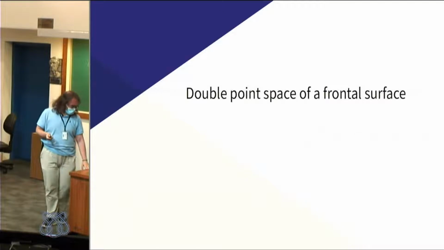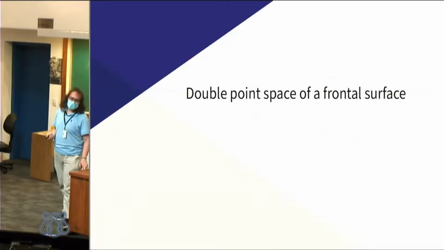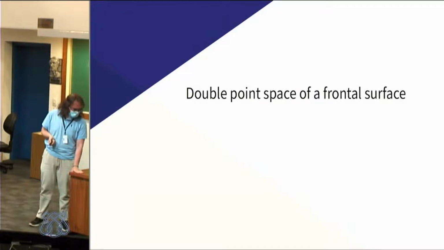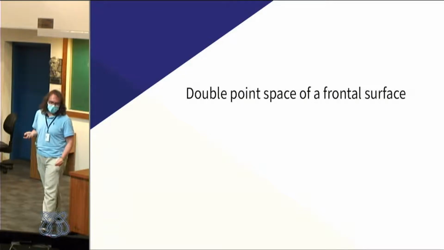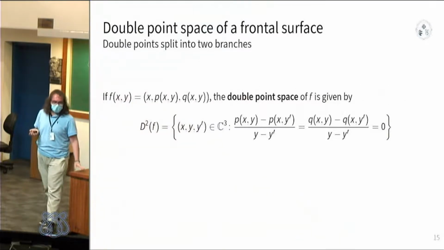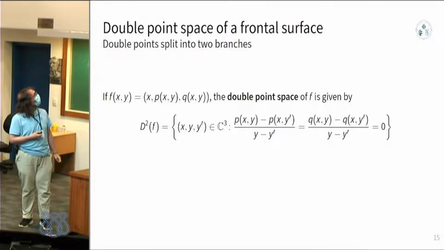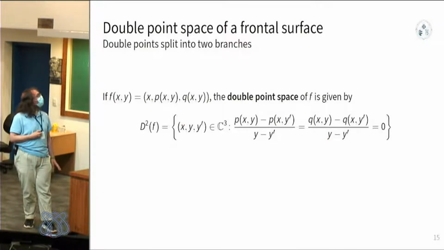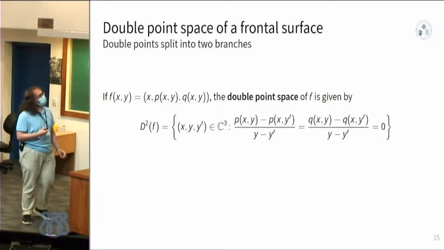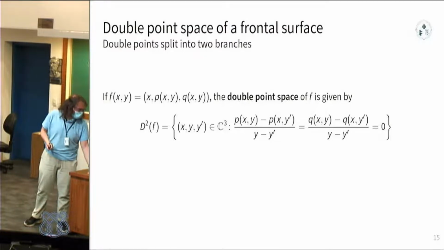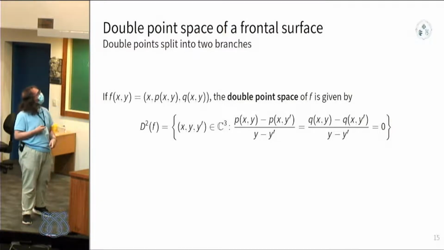Now, from this point onwards, we have 10 minutes left, but those who have attended previous presentations by me or my advisors are already familiar with this part of the talk. This is simply the double point space of a frontal surface. We define the double point space of F. If we assume F has corank 1, we can simply divide the differences, which solves the issue presented by the usual definition of the double point curve, wherein you need to take the closure, you need to be careful of some trivial points. Some of the issues are taken care of simply by this construction,